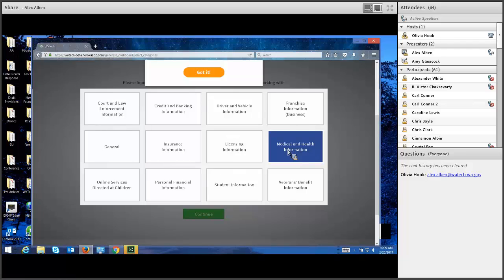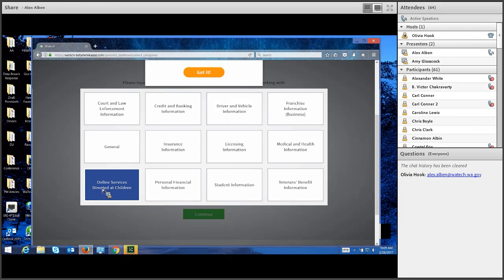If you're discovering HIPAA for the first time and you work for our Department of Health and Human Services, we're in trouble. What it really is designed for is for the people designing a product that's a little bit outside of their domain. So, for example, we have a Fish and Wildlife Department, and say they want to do a guide for fishing for children, the fun of fishing. One of the things they would do is they would say, okay, I'm going to do this online service, a website directed at children. And maybe I'm using some student information. Maybe I'm reaching out to schools when I do this.